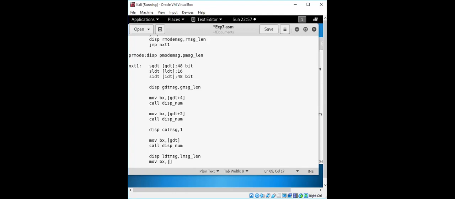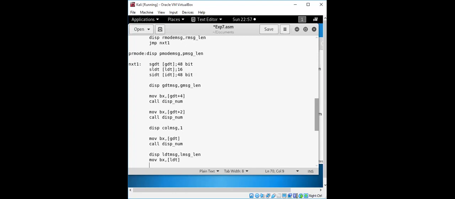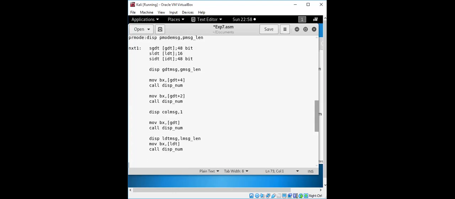Here it will only have 16 bits, so we'll take these values directly. These values will again be displayed as complete values. Here we will not require the additional bit, but we need to get the numbers. So it will have a function for this display.